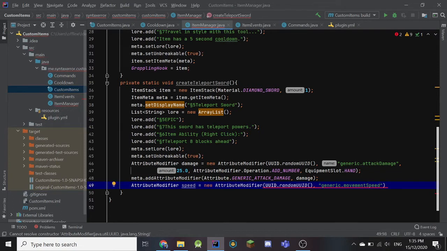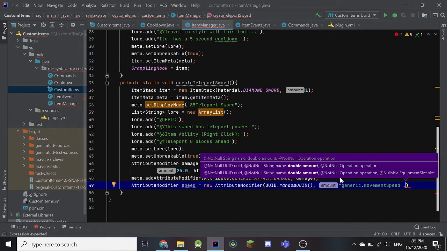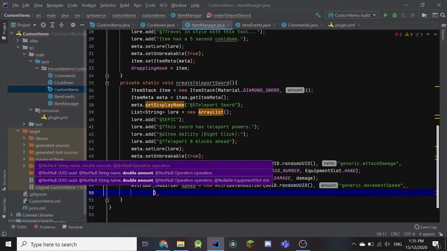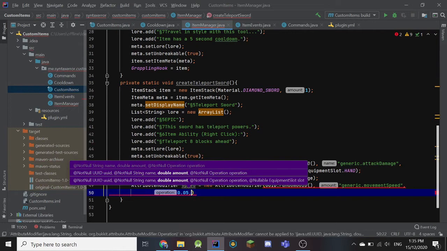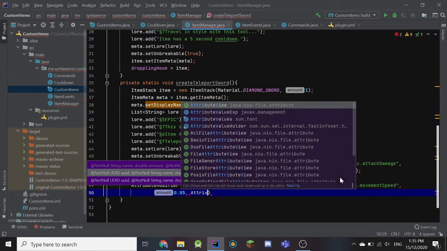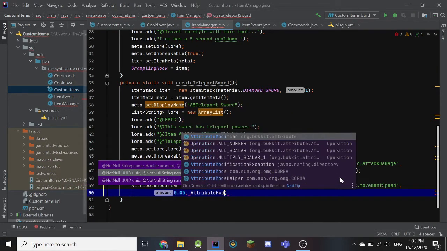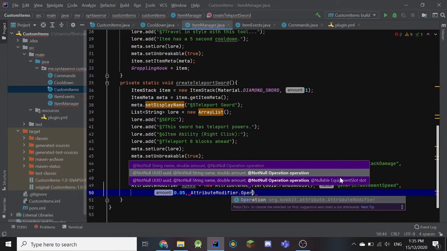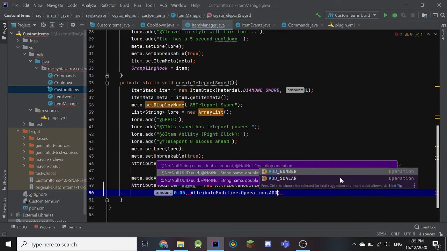Alright, then we're going to put a comma outside the speech marks, and I'm just going to enter so that it's easier to see, and we're going to put 0.05 for our speed, and put AttributeModifier.Operation.ADD_NUMBER,